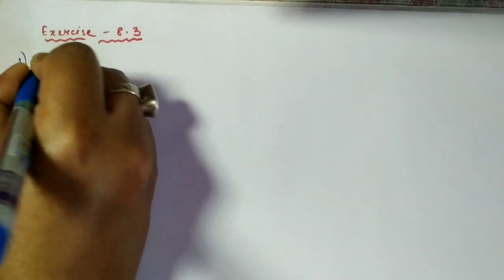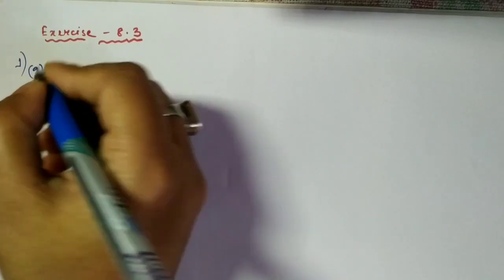So exercise 8.3, let's start with this. Let's begin with question number 1. Okay. Question number 1 is given, tell whether it is a profit or loss in the following transaction. Also find the profit or loss in each case. So question number 1, we have to find whether it is a profit or loss. So number 1, A, we have, I'm not writing the question, gardening shears bought for rupees 250 and sold for rupees 325. Bought for means it is the cost price.